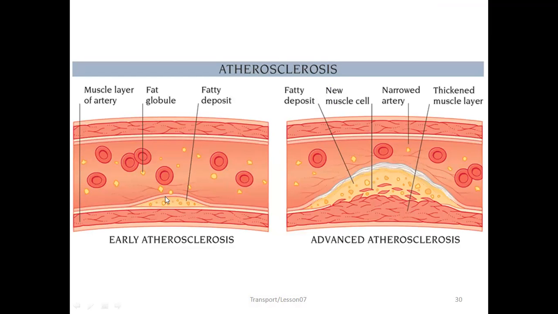अथेरोस्क्लेरोसिस में देखें कि डिपोजिशन हो जाता है कोलेस्ट्रॉल का. फिर उस डिपोजिशन के अंदर जब कैल्शियम आना शुरू हो जाता है तो फिर क्या होता है, तो फिर इसकी हार्डनिंग हो जाती है एंड द ल्यूमेन जो है उसकी कैपेसिटी, उसका जो नैरो डायमीटर है वो नैरो, इट गेट्स